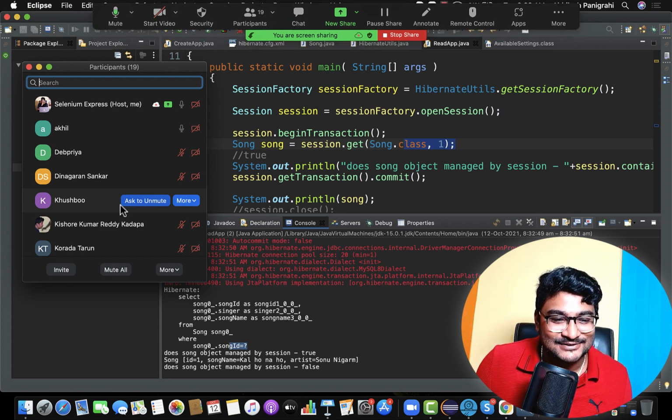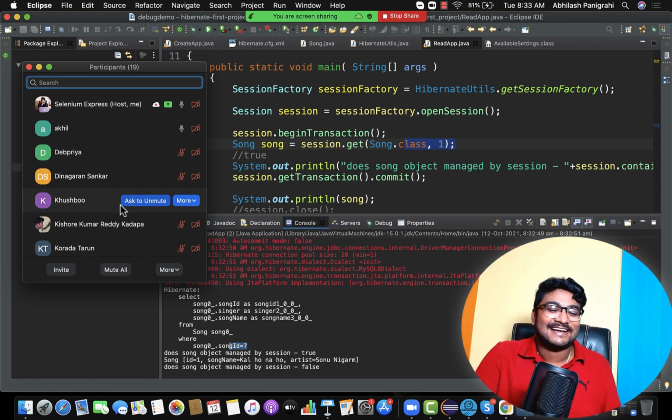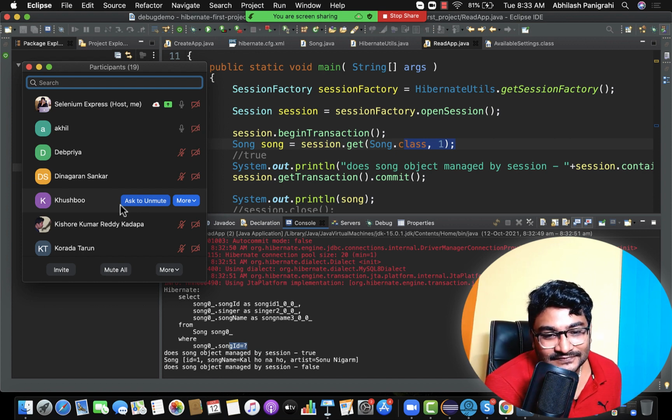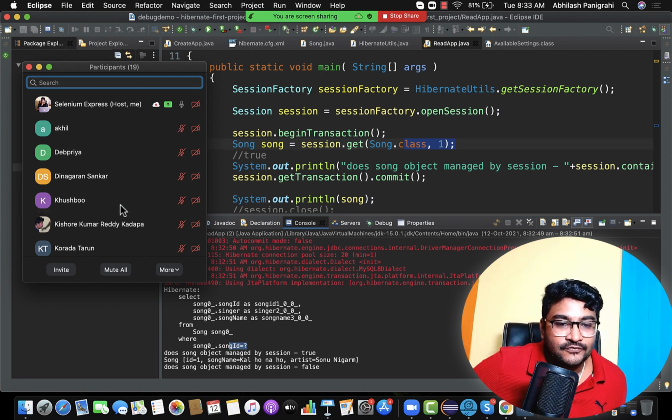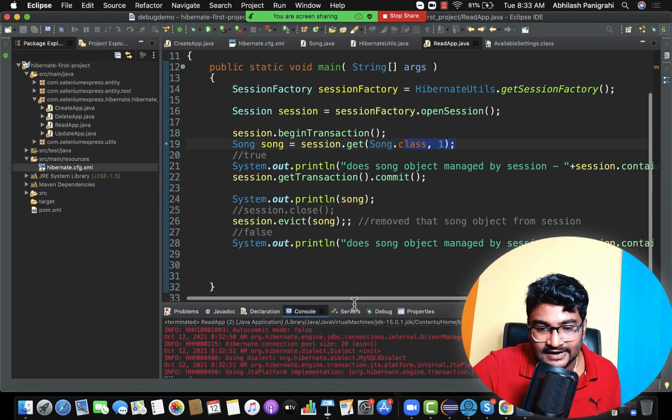I'm going to ask you a question, or you're going to be asking me a question, Akhil? I have just one question: do you need to open the transaction for the read operation as well? Yes. So good question, Akhil. If you are not managing the transaction for the read operation, for example,